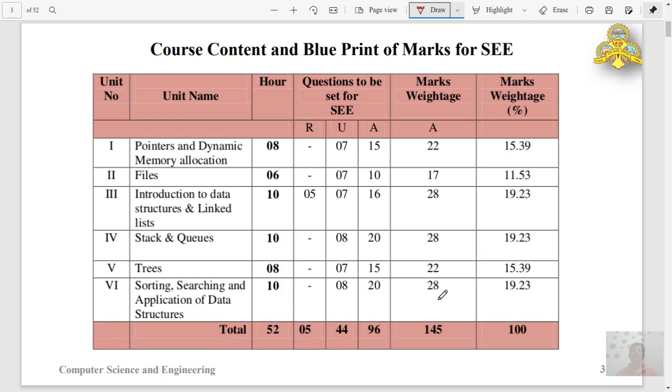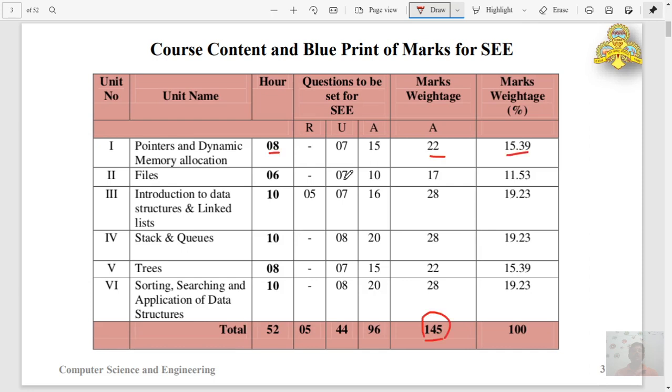Out of 145, it will ask 22 marks, so the percentage is 15.39 percent. The total marks of the questions in the exam is 145, with 5 marks questions and 10 marks questions: 10 questions of 10 marks and 9 questions of 5 marks will be there. You have to write 6 five-mark questions and 7 ten-mark questions, that is 30 plus 70, 100.